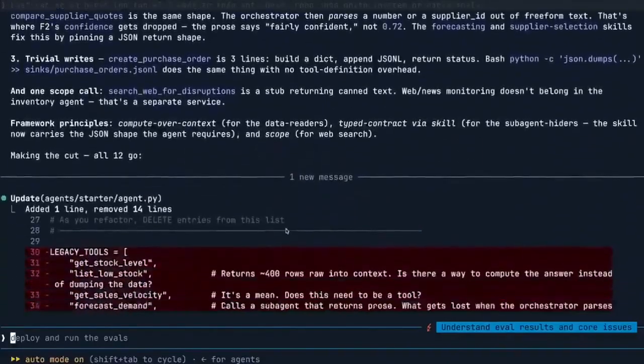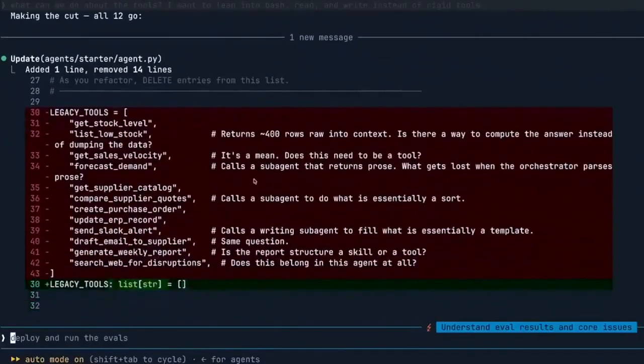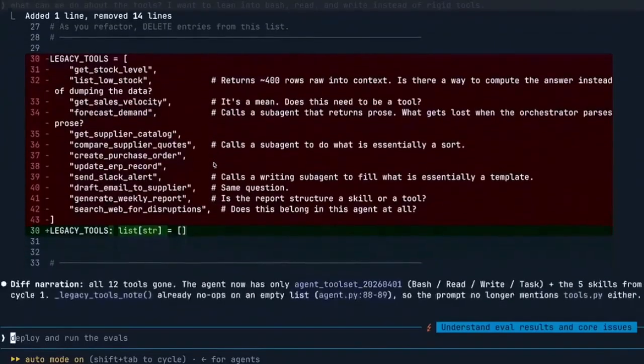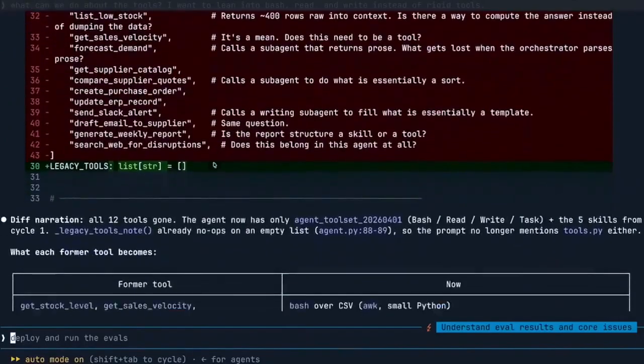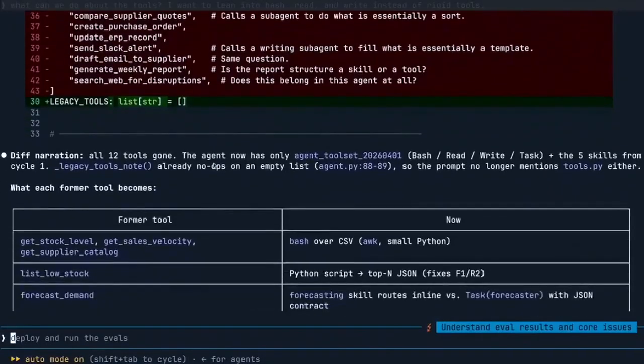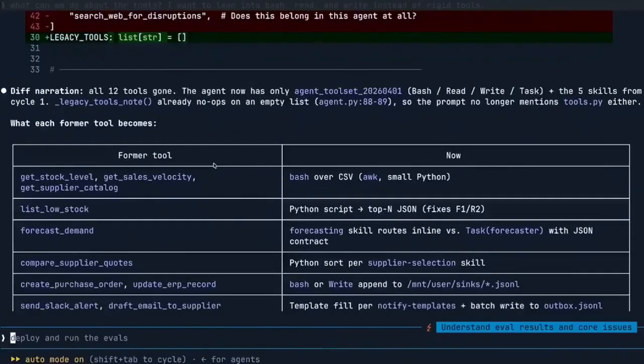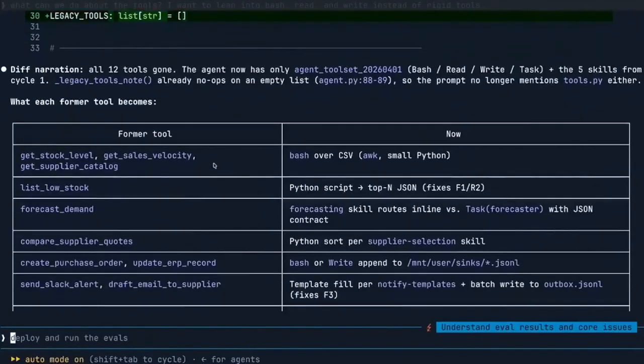So if I scroll down here, that's exactly what we did here. You can see we took a lot of steps and we actually removed most of the tools that exist within our agent, and we replaced them with some of the primitives that I talked through previously. This is an inventory management agent that leans really well to this. I have the ability to consolidate and remove a lot of the tools that I'm using to reason across Excels and reason across forecasting data, and just give Claude access to the same tools that Claude Code has